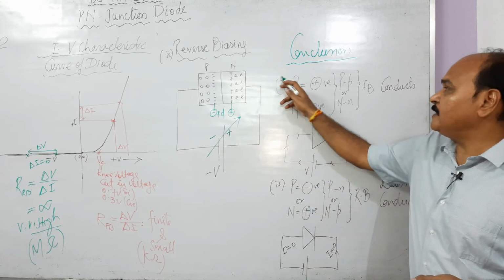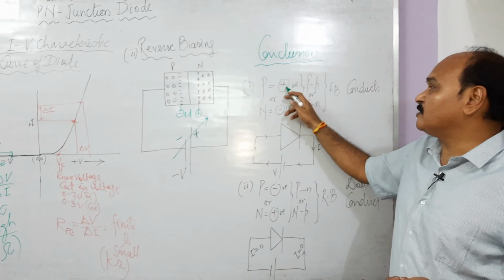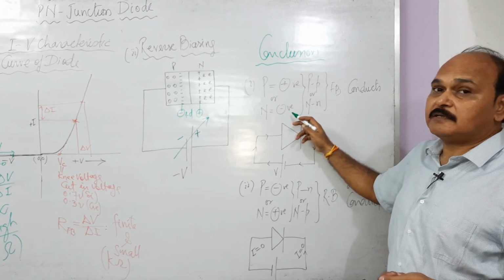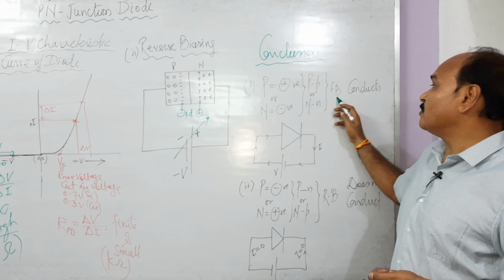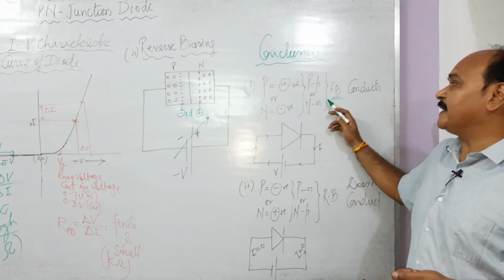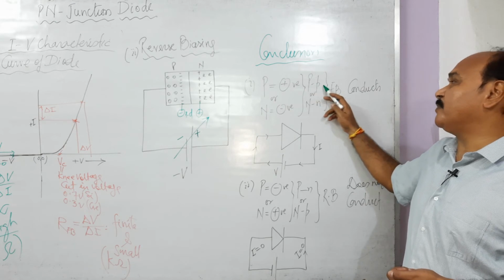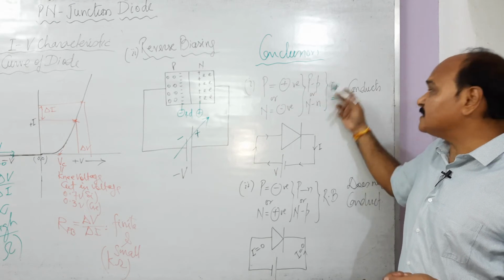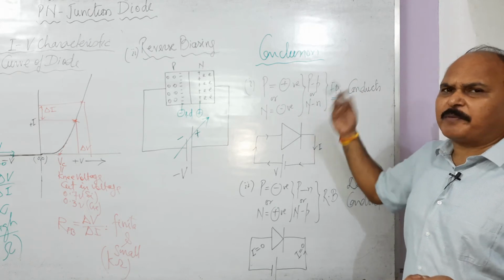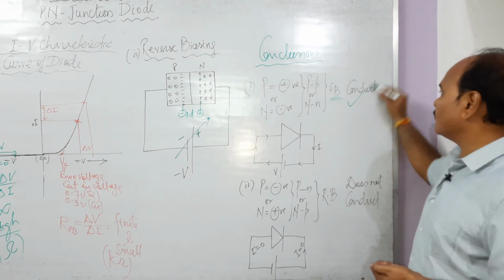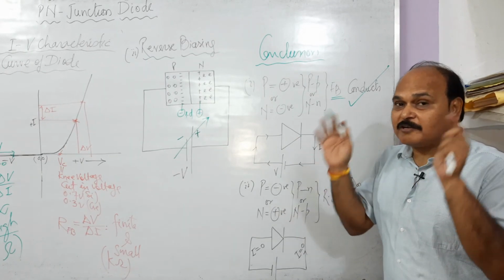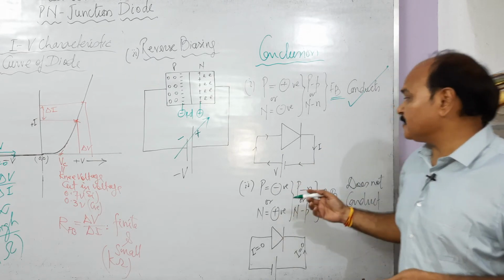See, when P of the diode is connected with the positive terminal of the battery, or N is connected with the negative terminal of the battery, the diode is said to be what? Forward bias. And how to remember this? PP or NN. So P side connected with positive, PP, or N side connected with N, negative, PPNN. This is straightforward forward biasing. And in this case, the diode conducts. And the resistance of the diode in this situation is what? Small and finite.